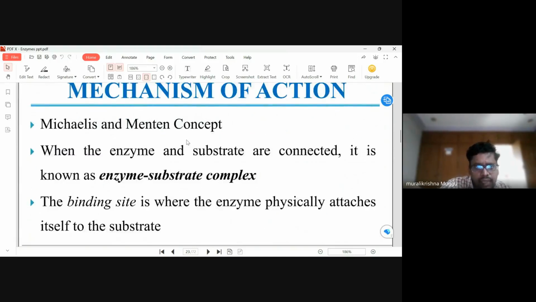So the mechanism of action of these enzymes, the Michaelis and Menten concept. When the enzyme